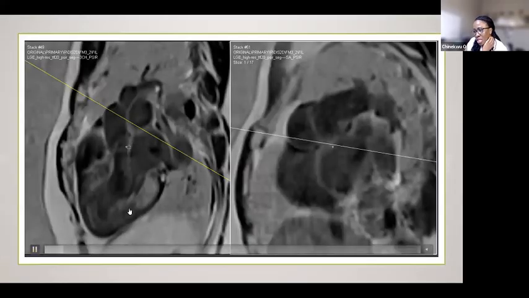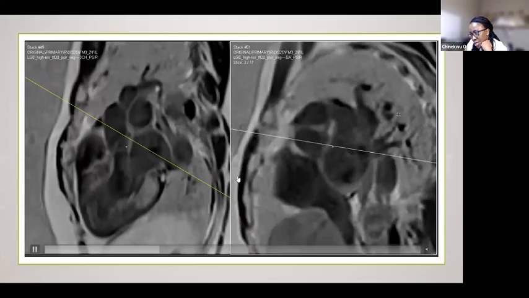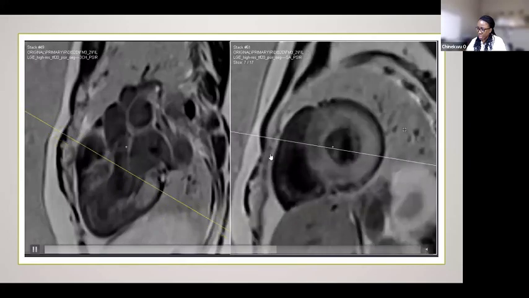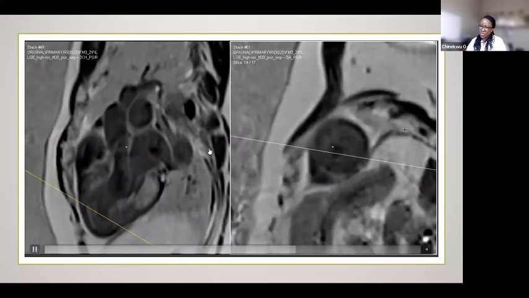And then when we do the late enhancements, we can see there's a lot of gadolinium enhancement here in the infralateral wall and the septum. But as we scroll through, it doesn't really show here, but there was a lot around the mitral valve annulus and interatrial septum. We have a bit in the RV endocardium, and this is basically what cardiac amyloidosis looks like